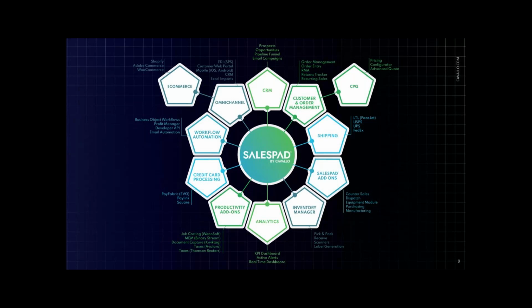This wheel is very busy, but very comprehensive and really represents our commitment and our prowess around the distribution space in Dynamics GP. So if we haven't written it ourselves, like customer and order management or our own built-in CRM or inventory manager or new profit analytics, then we've integrated to it with some tremendously talented partners like Avalara, like SPS Commerce, like Notice PayFabric, like DocStar, like Wensoft, like Shopify, and the list goes on and on.